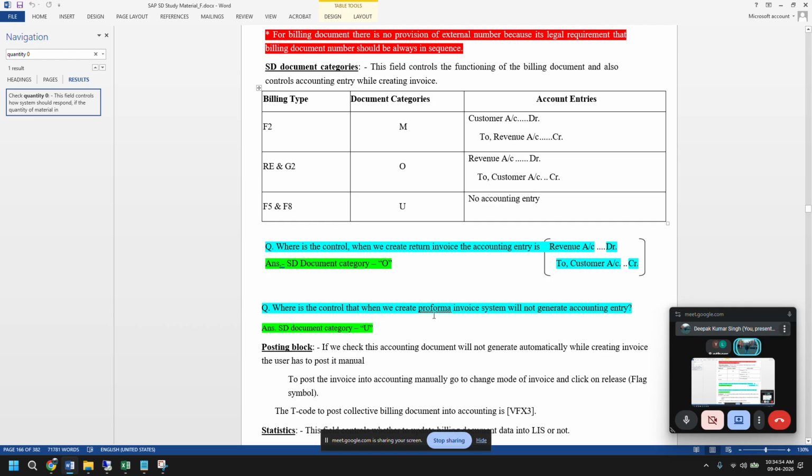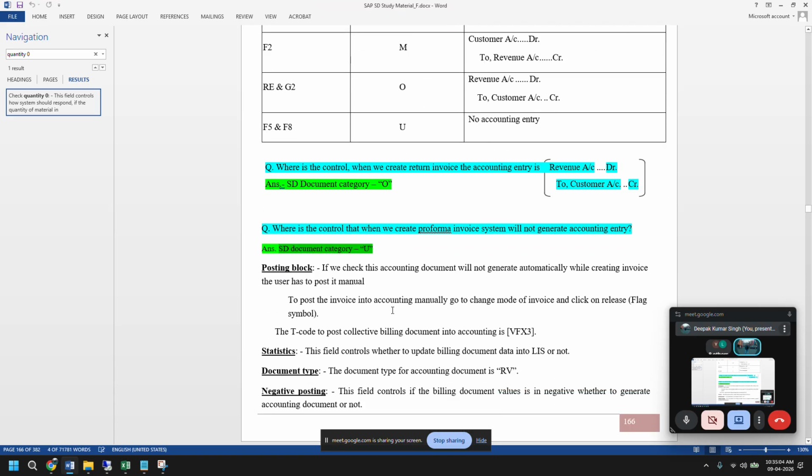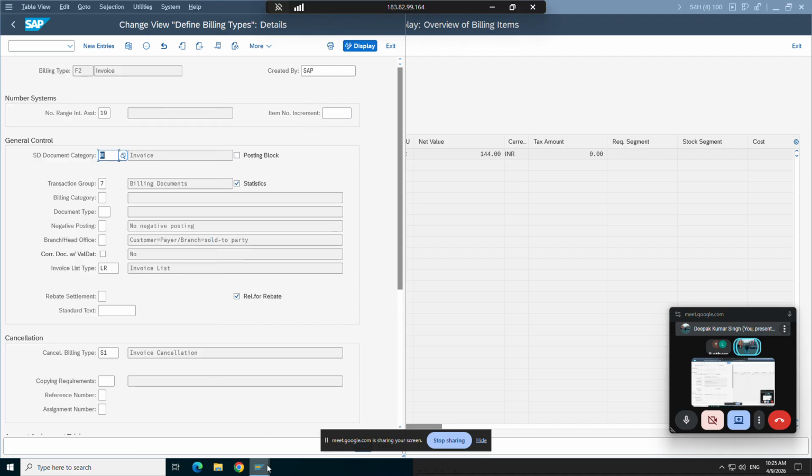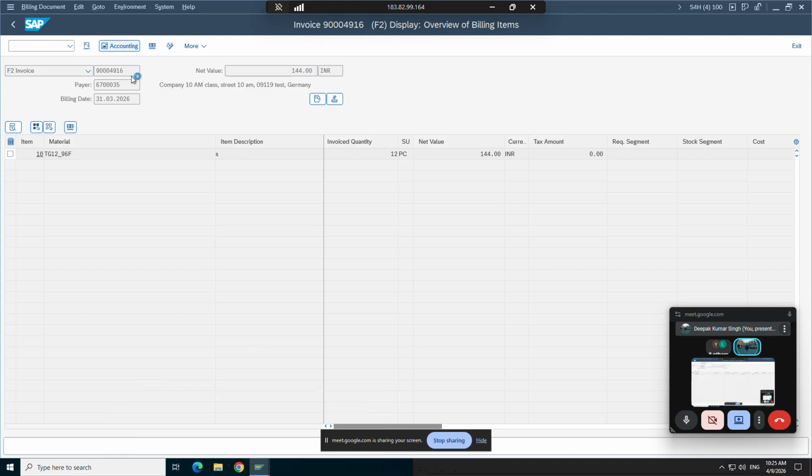See, where is the control that when we create a proforma, the system will not generate the accounting? Where is the control? You see, the SD document category, we have that control. U means it will not generate. Now, posting block. I think in our invoice this is not created anyway. You see, when I click on accounting, it says general entry has not been created. That means the accounting entry is not created for my invoice. So now GLs are also not hit. If you go to document flow also,